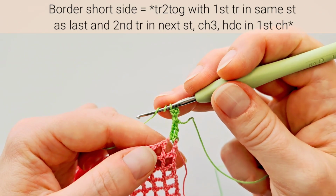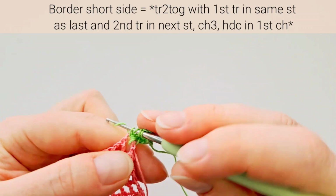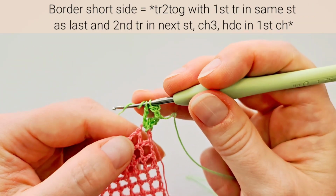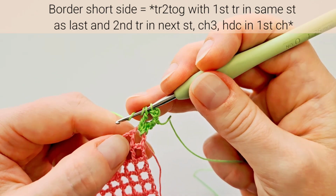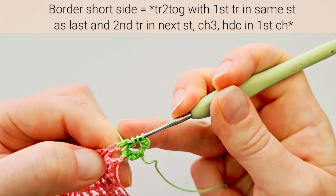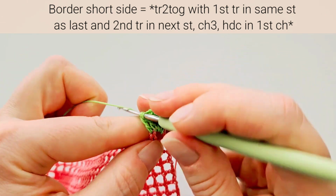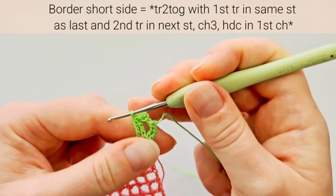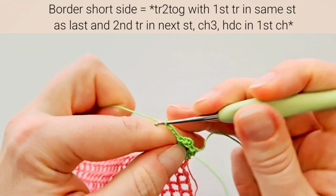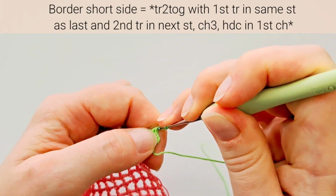and half double crochet, inserting hook in first chain. Yarn over twice, insert hook again through that same space, and leave last 2 loops on hook, yarn over twice, then insert hook in the next stitch, now when 3 loops on hook, pull through all of them, chain 3